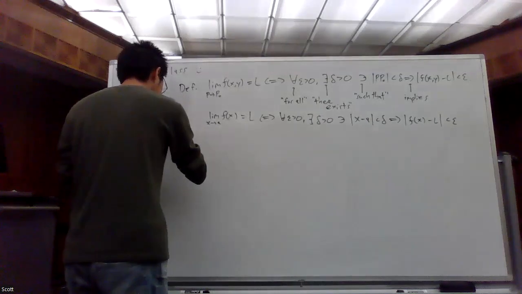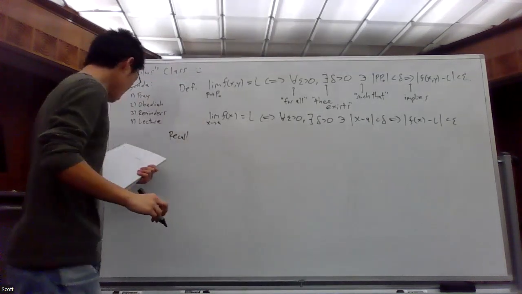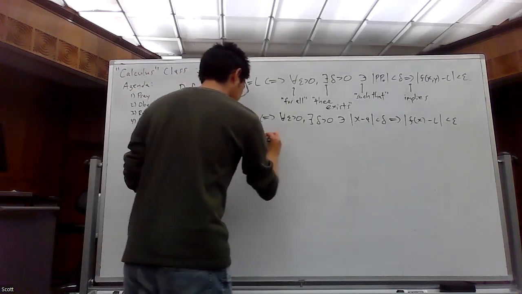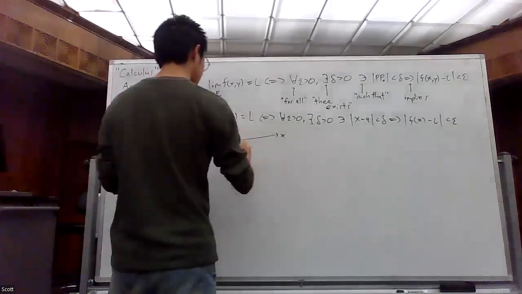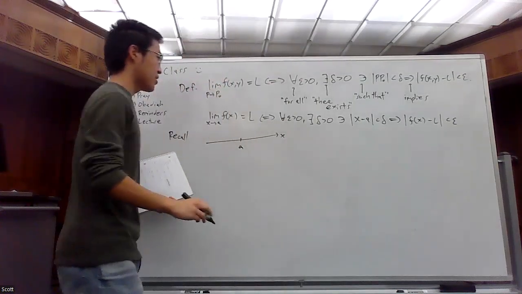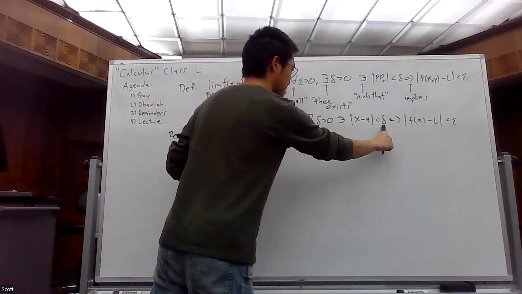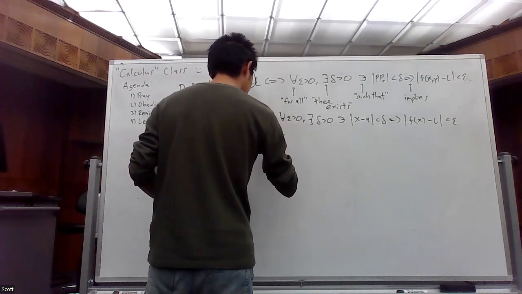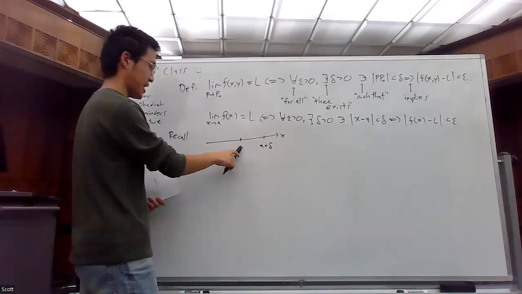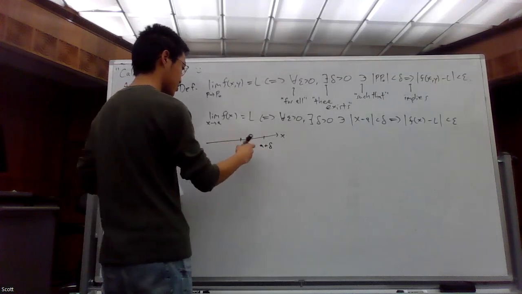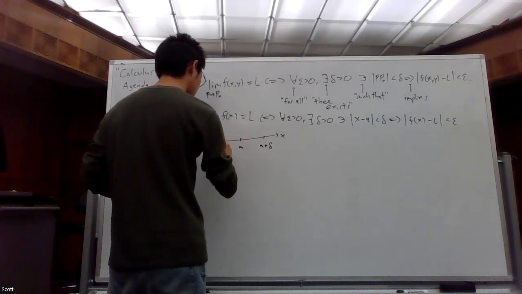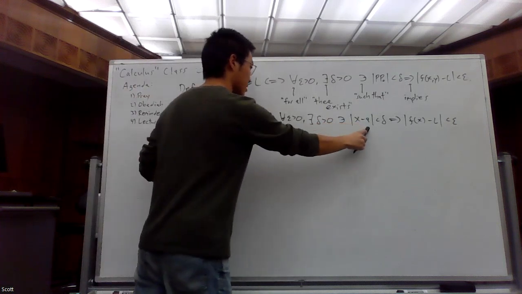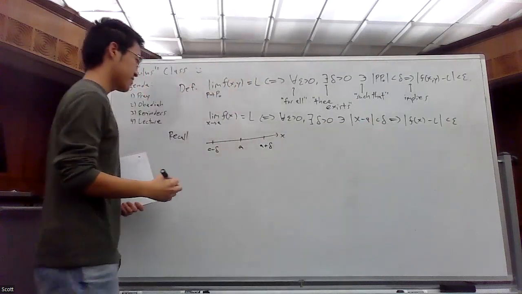So recall what this looks like. I'll show you the Calc 1 version so you can extend the idea. Here is an x-axis, and if here is some a that we're trying to approach, what we're saying is x minus a needs to be less than some delta. So I need to choose some positive delta. If I take a and add delta, I get a plus delta. If I subtract delta, I get a minus delta. This gives me that interval where the absolute value of x minus a is less than delta.